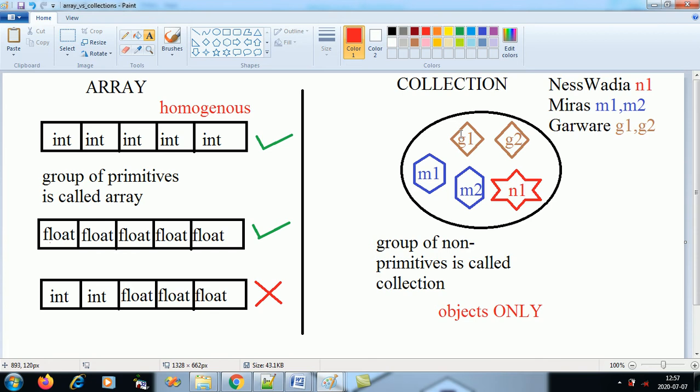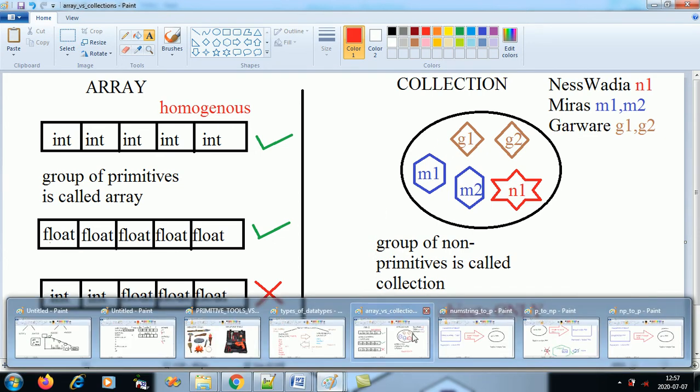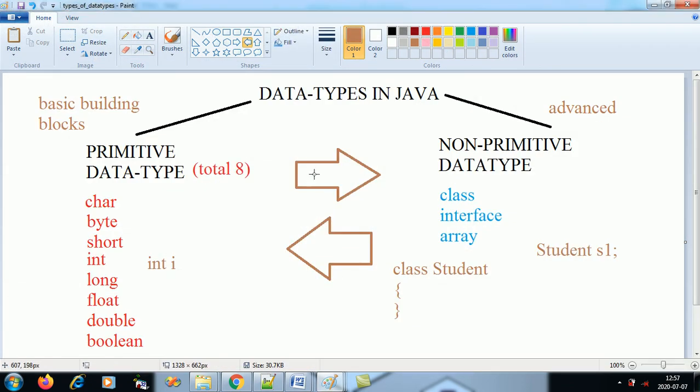I will have to convert this primitive into a non-primitive, and for that we have wrapper classes. So if in future you wish to convert an integer primitive into a non-primitive, into an object, then you have to use wrapper classes.